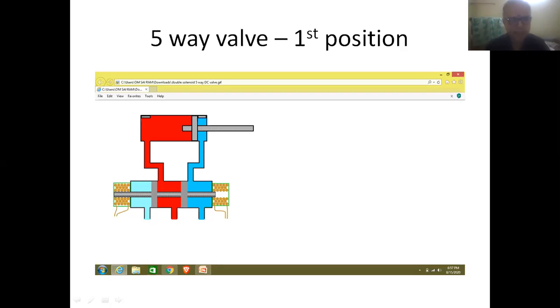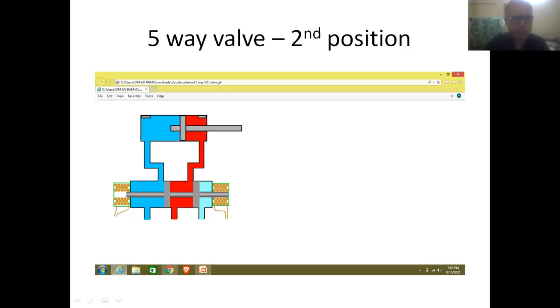Now, if these elements move in reverse direction, the valve will come to the first position as shown in this figure.